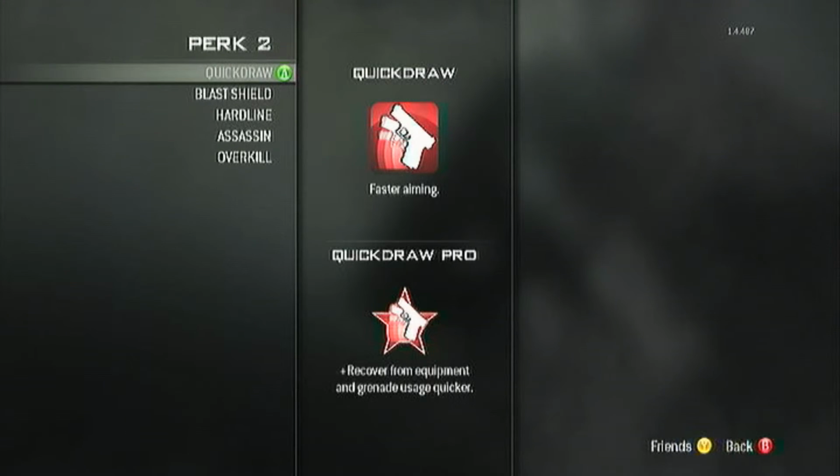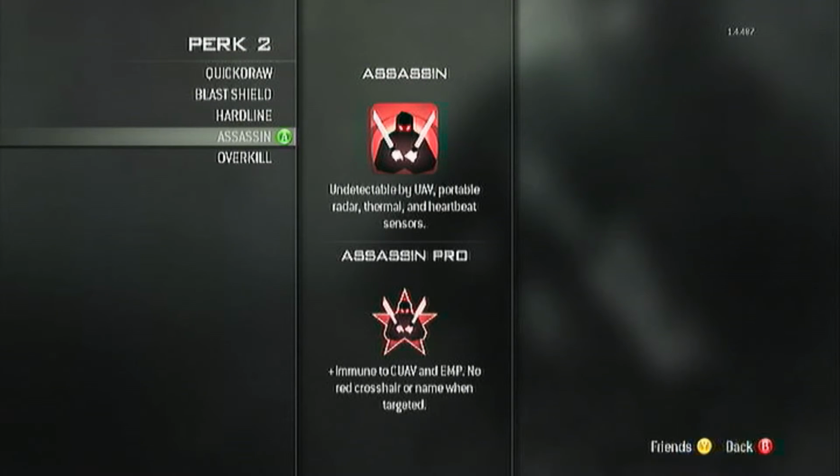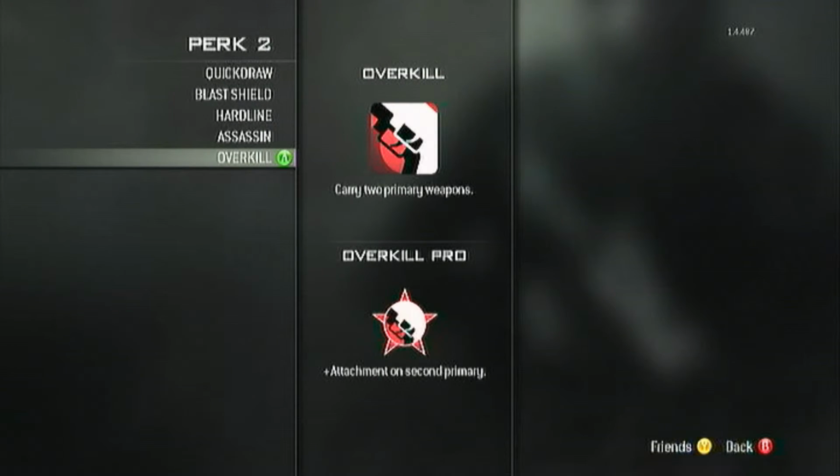If you are outside shooting, like having some problems with guys rushing into you, then I guess you could put on quick draw. I would probably use blast shield, maybe hardline, because if you're sniping and you get a bunch of assists for missing. Assassin's really nice because they can't see where the heck you are. Overkill is pretty awesome,